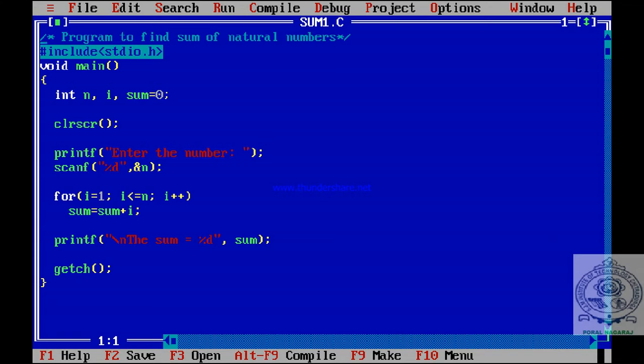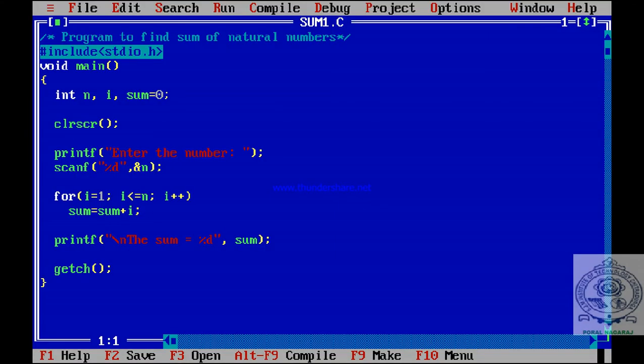So this is how, if you want to run, you can run it. Sum of natural numbers up to 100? Yes, you can give 50 also. So this is how we can find the sum of natural numbers. Now let us change it to the product of natural numbers. So program to find, instead of sum, what I will do? Product